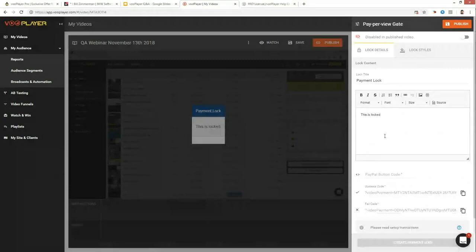Unfortunately, I don't have time to go through the PayPal integration currently, but basically you get a code from PayPal which you embed as your button, and when you're configuring that button you can set up different redirect links for where you want the person who's paying to go if they've successfully completed the payment and if they've failed